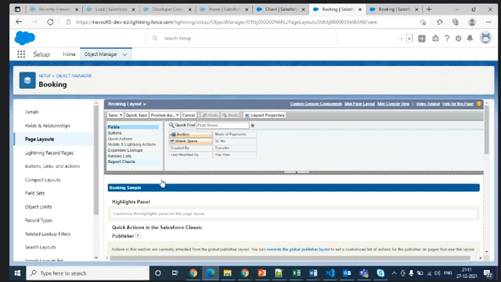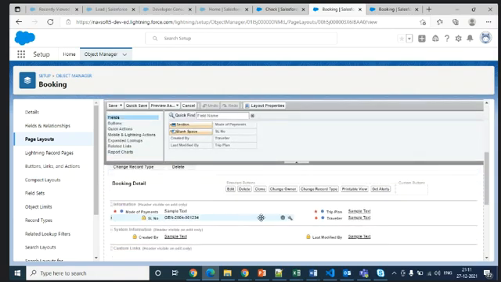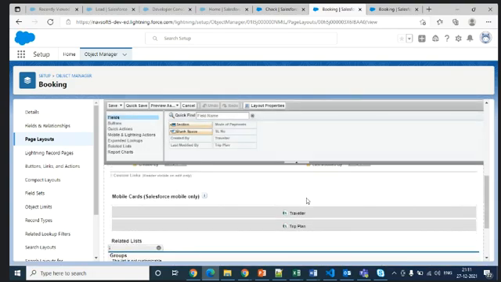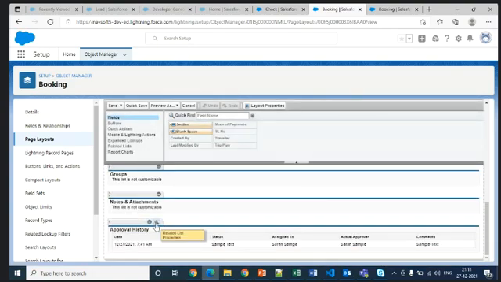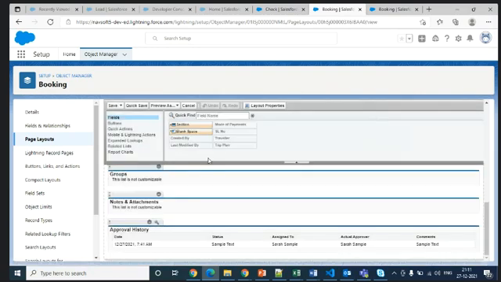Apart from this, you can still do a few more things in layouts. For a field you want to maintain as required only or read only, you can enable that. And you can see here there is a setup. It means this is one particular related list. On that, the list of fields you want to keep, you can keep or remove, that you can still do.